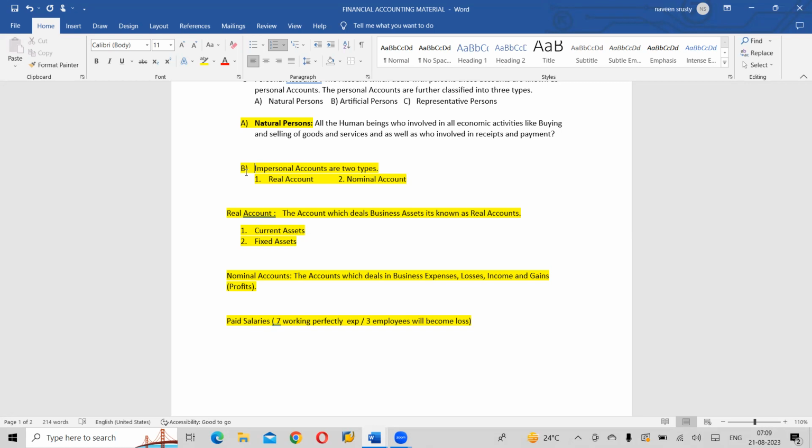So before COVID, whatever buildings we took for rent, that was an expense. But at the time of COVID, because of social distancing, we were not able to take offline classes, but we still needed to pay the rent to the owners. Then is it an expense or a loss in that particular COVID period? That's a loss, because we haven't utilized that building, correct? Majority of offices were vacated in India, Hyderabad, because of that.